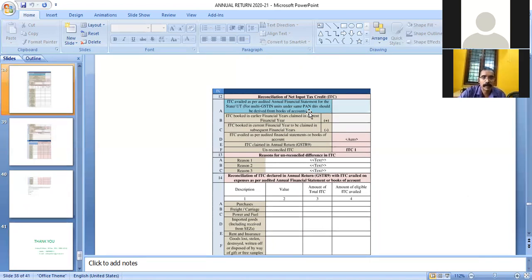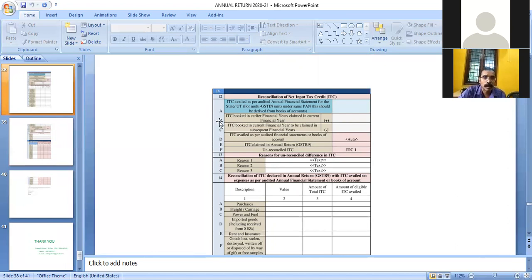In case of multiple GST, if a taxpayer is having multiple GST registration numbers, then the ITC pertaining to that GST registration number for which the GSTR 9C is prepared, that particular input tax credit is to be calculated from the total input tax credit available in audited financial statement, and that input tax credit pertaining to GSTIN is to be disclosed in table number 12, column number A.